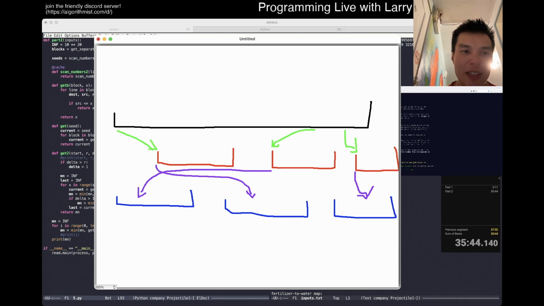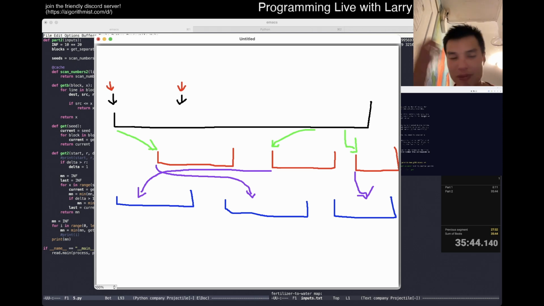Let's say you have this number and then you have this number here, some range away. If both of these map to the same range, oops, let me change the color real quick. If both of these are in the same range, and for most numbers are not interesting, they may not even map to any of the original maps or whatever. I don't know actually how it breaks down, but